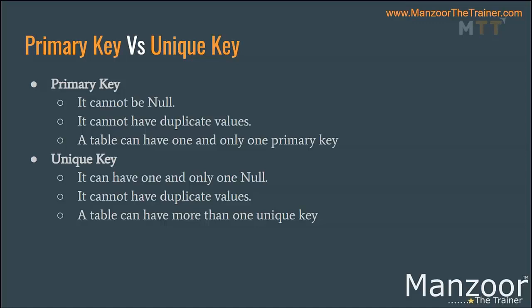Every primary key is a candidate key, but every candidate key is not a primary key. Every unique key is a candidate key, but every candidate key is not a unique key. So you may have multiple candidate keys. Now it's your choice to make one among all those candidate keys the primary key and the rest of them unique keys. Normally we don't declare what is a candidate key. We just declare unique key and primary key. That is the candidate key terminology.